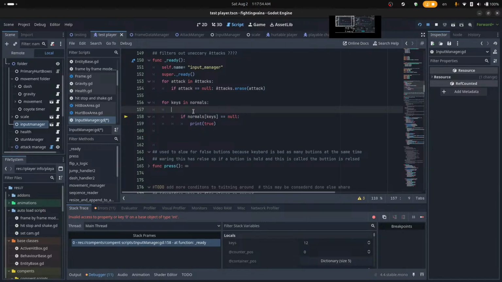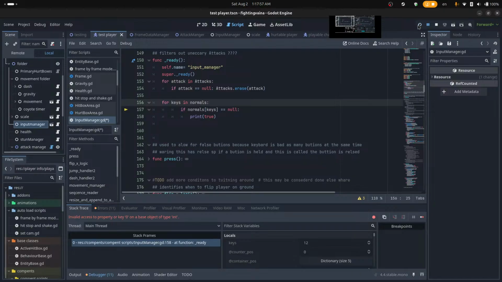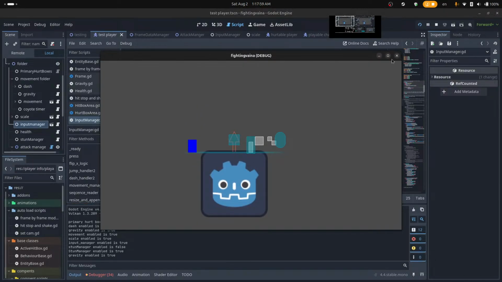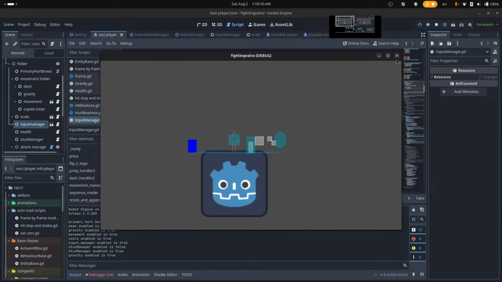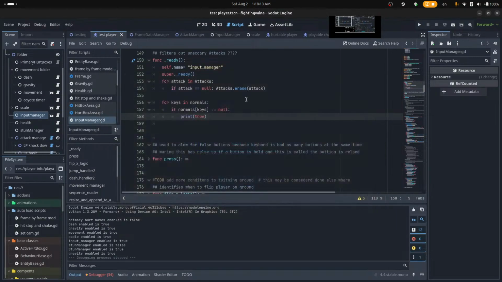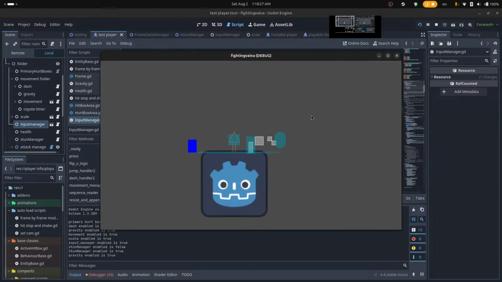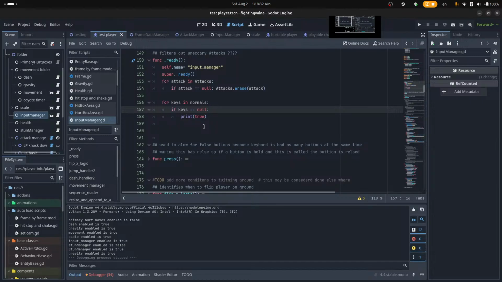For keys and normals. If normals keys, it will null print true. No, okay. Try again. No, nothing. If keys are null, no. If keys